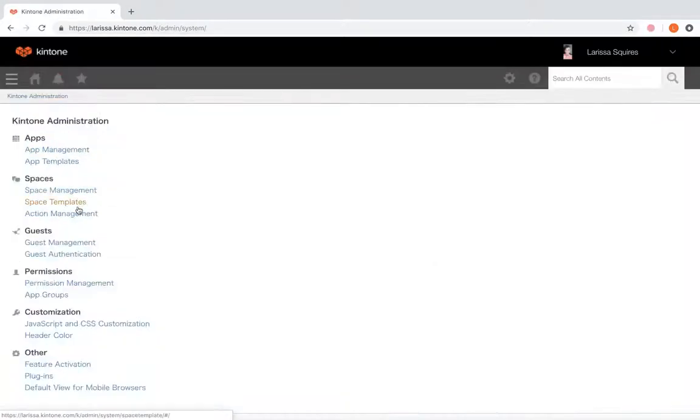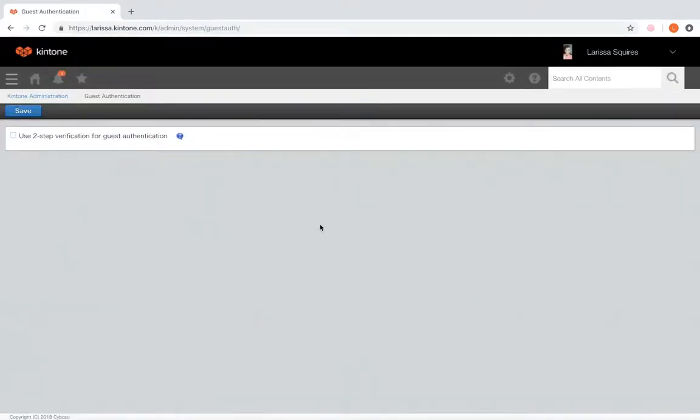So now we're going to check out guest authentication. So two-step verification authentication is an authentication method that requires users to enter not only their email address and password, but also a unique verification code for every login. So a verification code is valid only for one-time use and cannot be used for subsequent logins. So this is going to prevent unauthorized